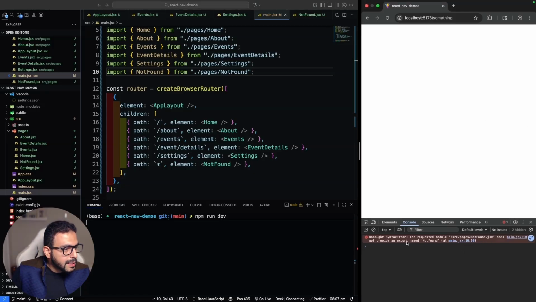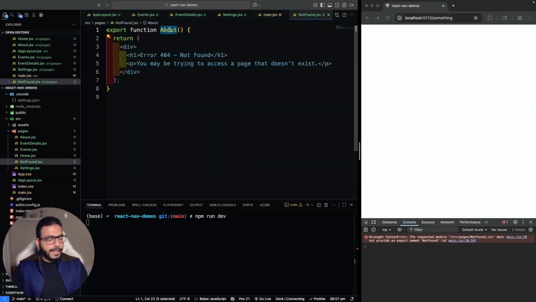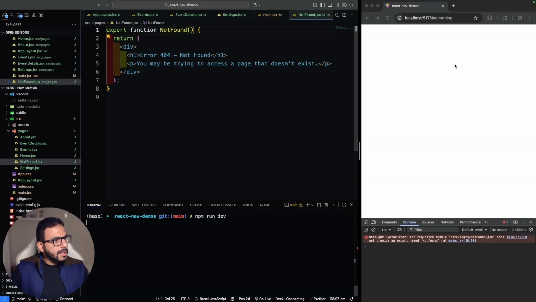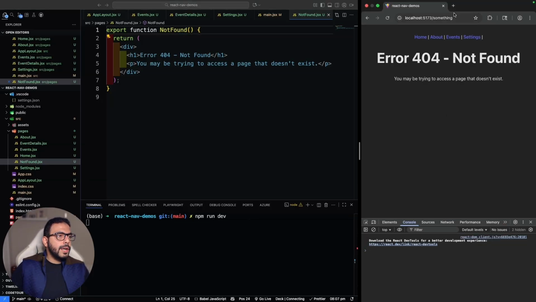However, there is an error that says we're not exporting that named not found. So if I go back to the not found page, we'll find that we have not renamed our component. And save that, refresh, here we go. If you try to go to any other page other than your own, you get this error page that you are creating yourself. The nice thing about it is that it will keep your navigation list in place, so it still kind of feels like it's still within your application and not some random error page that is generated by